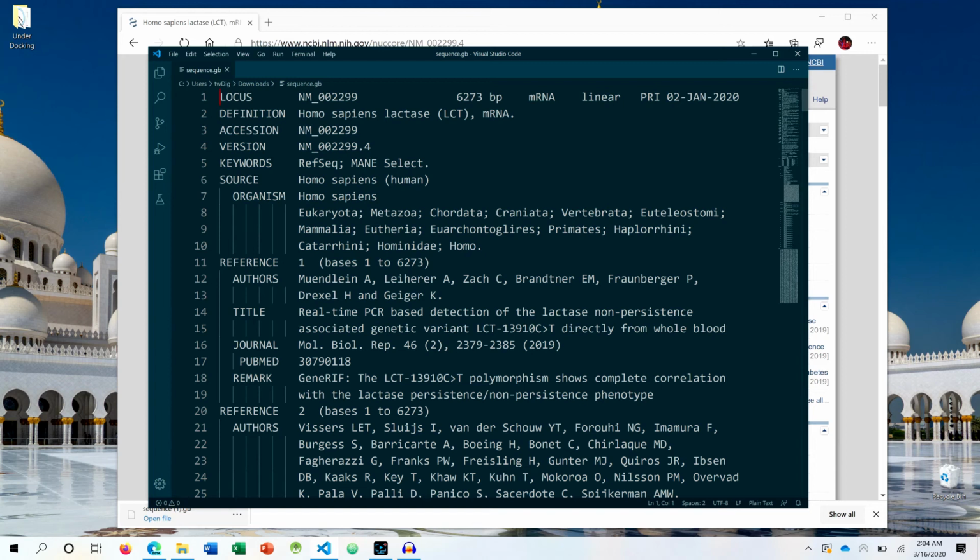So the first question, why do we really need to retrieve a Genbank file, or what is that basically? A Genbank file is usually retrieved when you need multiple information or when you need extra information about the sequence that you are trying to analyze. So in that case, for example, as